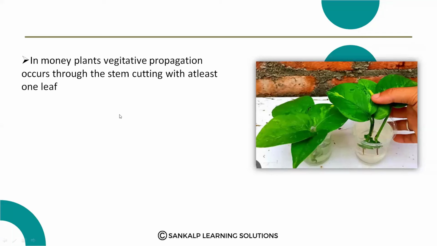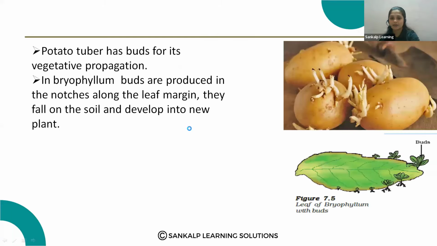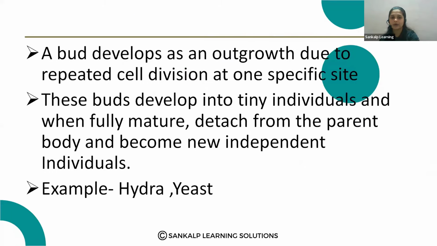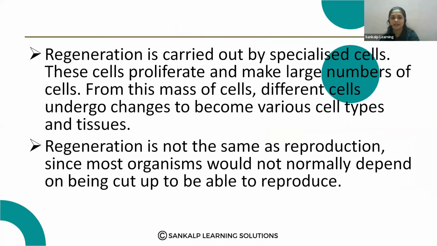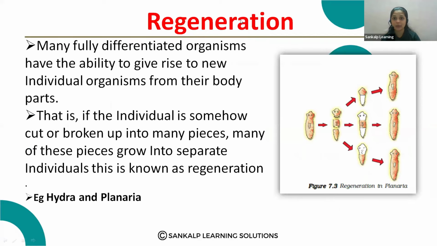Yes, ma'am. Yes. So that is by the leaf. Okay. So the last type of asexual reproduction, that is spore production, we will discuss in the next class. Okay. So if you have any doubts, you can ask. Ma'am, Hydra is also an example for regeneration, ma'am. Yeah. Commonly the type of reproduction in hydra is budding. Okay. But here we have taken hydra as regeneration. If any part of the hydra is cut into two parts, okay,